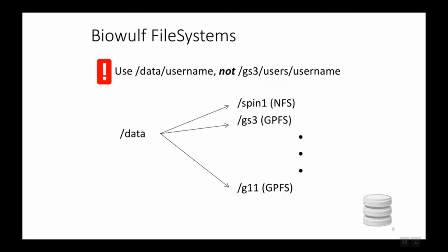It's important to note that sometimes in the output of various commands that you might run on the cluster, your data directory might be referenced as another name. For example, instead of /data/your username, you might see a path like